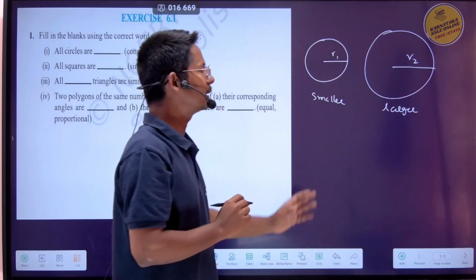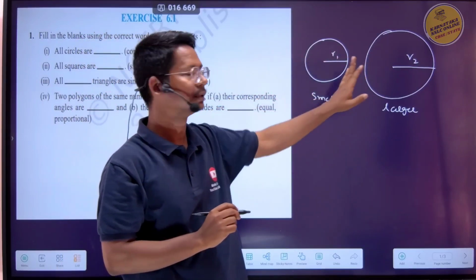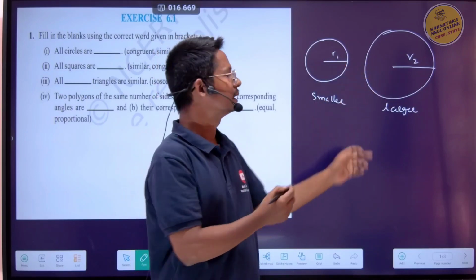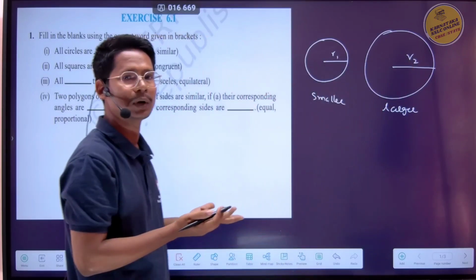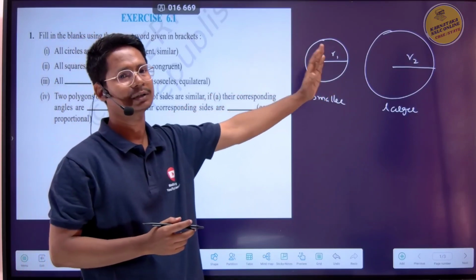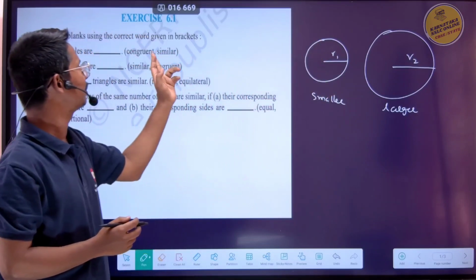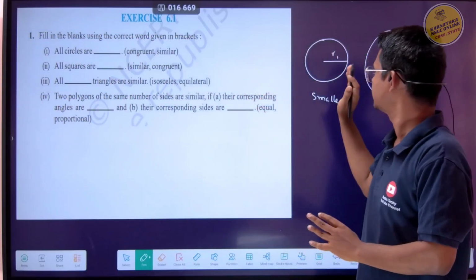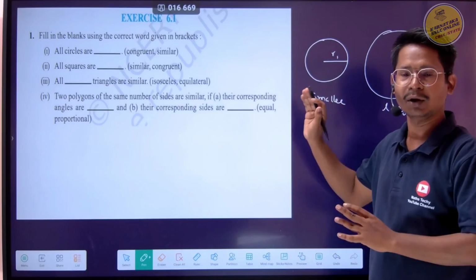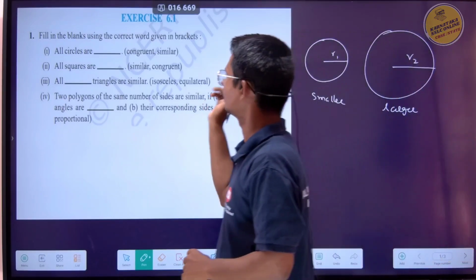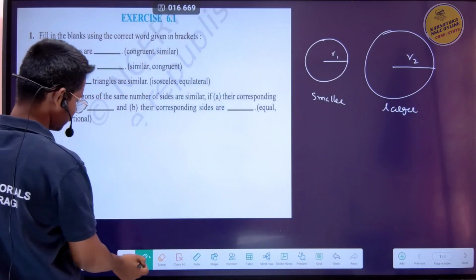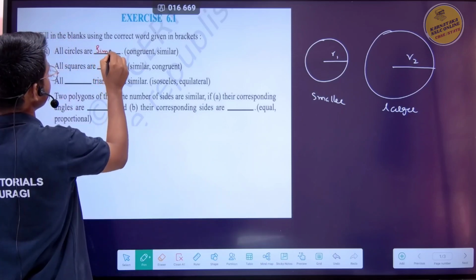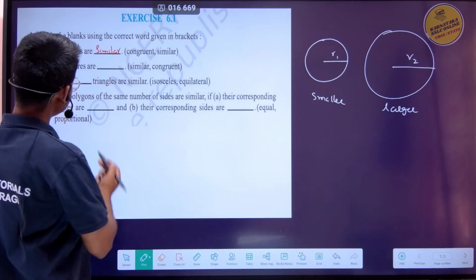So here you can see the shape is the same, the shape of these two figures is circle, but the radii, here r1 and r2, are different, so I can say they are similar, not congruent, isn't it? So you need to remember the similarity of two figures. When can you say two figures are similar? If they have the same shape and they may or may not have the same size. So the first one is going to be similar. It is similar. Fine. Second one,